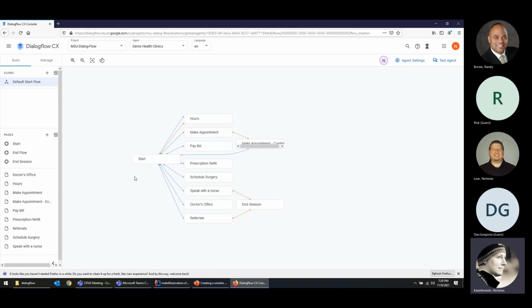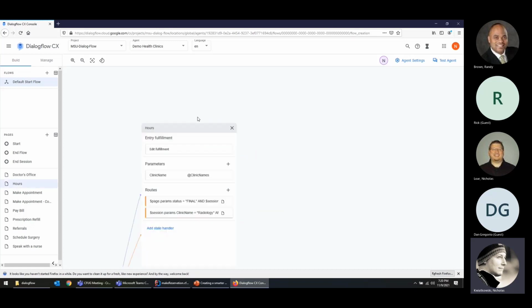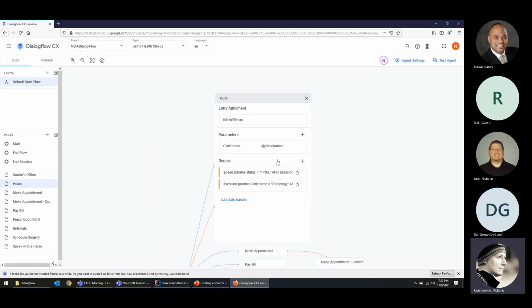So that's just an example of going in there and having a conversation. I could tell it complete sentences, or I could tell it just single words like hours or billing. We can start to build some of these things, and this is a pretty complicated system. For the hours example, we had two turns, what we call turns, so we had a question-response setup twice. It actually remembered the history of that, where to go, all that type of stuff. Based on these things, I could have said also radiology. So if I call in again,